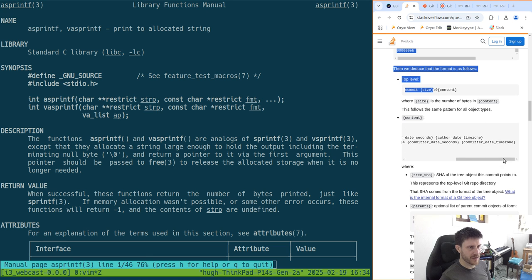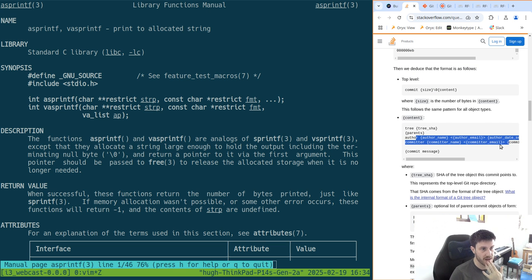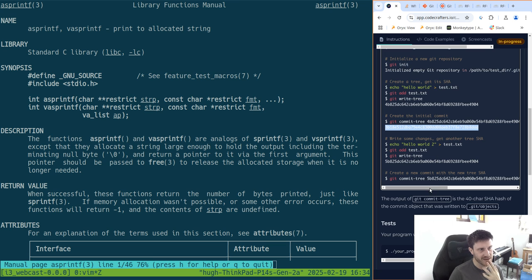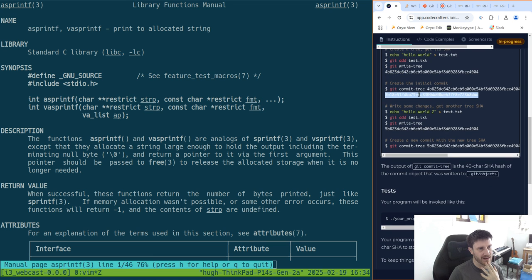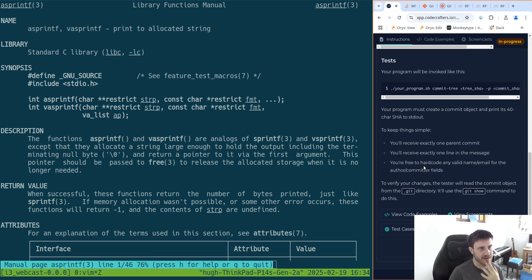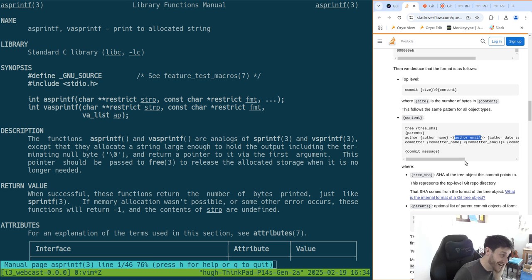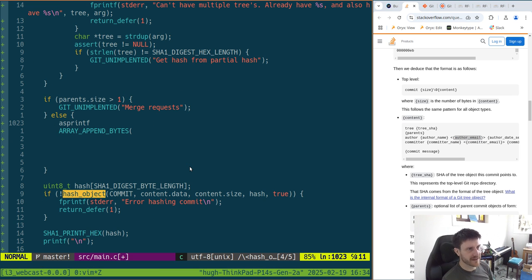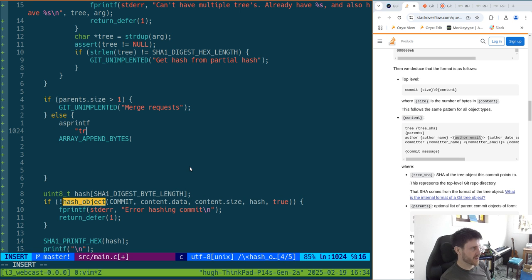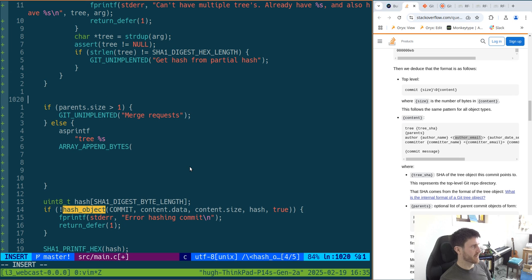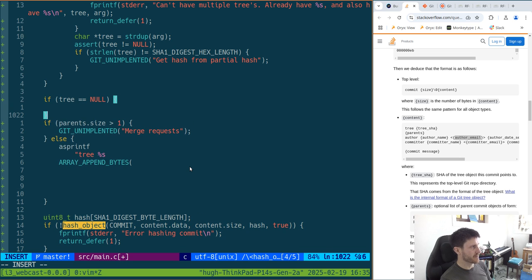Is that what I want though? Because do I have everything possible here? The author and stuff we don't actually have as well. Feel free to name an email. Cool. So we just need to have a valid hard coded thing. All right. So what would the thing that we're trying to print look like anyway? We would have a tree, then we would have a stem, yes. So I guess if tree is null at this point, if there's something weird about the if tree equals null at this point, we should probably say that